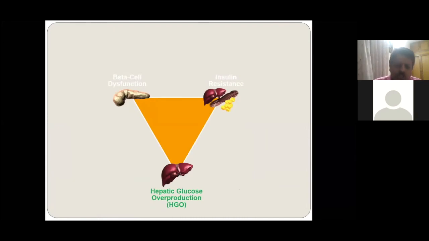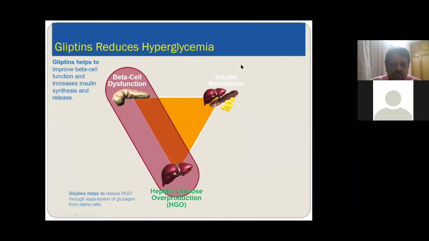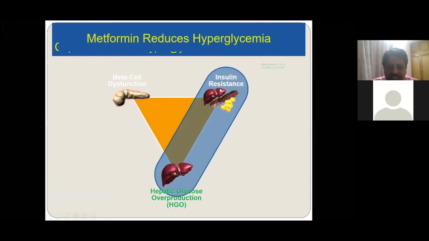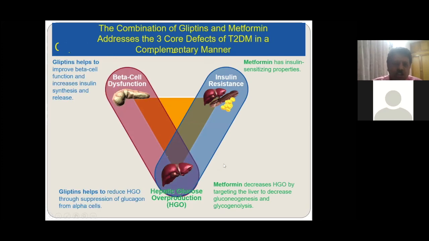So the combination in early stages, or even post-transplant, we can use, because of beta cell dysfunction, insulin resistance, and hepatic glucose production. These are the three cornerstones of hyperglycemia. Using a gliptin, we are going to block the beta cell dysfunction and the hepatic glucose production. Using metformin, you are taking care of the insulin resistance and the hepatic glucose production. When you use a combination, all the corners of the triangle get blocked and it will have a more beneficial